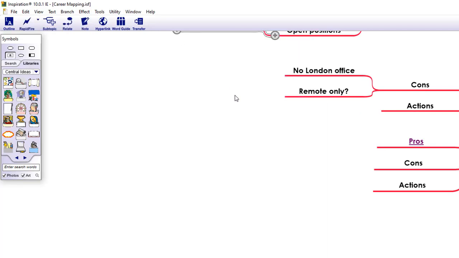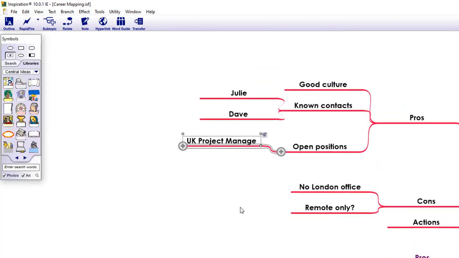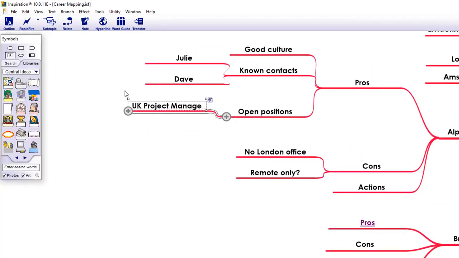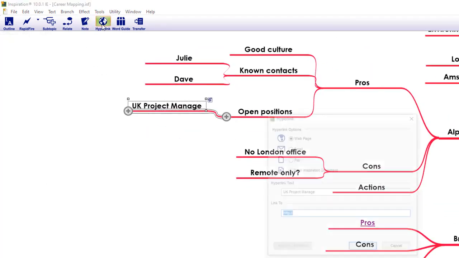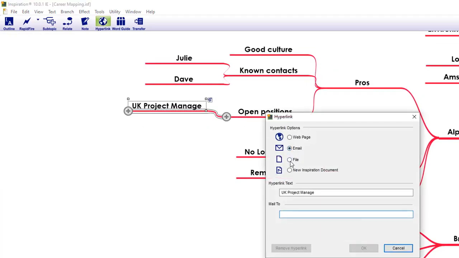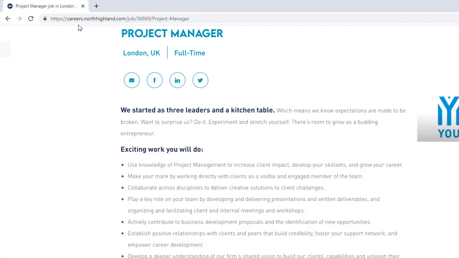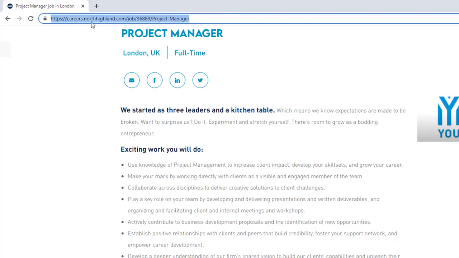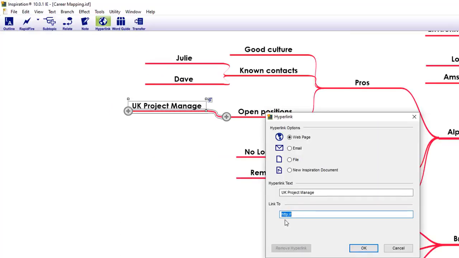Another useful feature within Inspiration when you get into this phase is perhaps saving of hyperlinks into the mind map so that you can quickly jump to important web pages that you discover during your research. For example, we might copy the web address for this particular job and save it into the mind map for future reference.